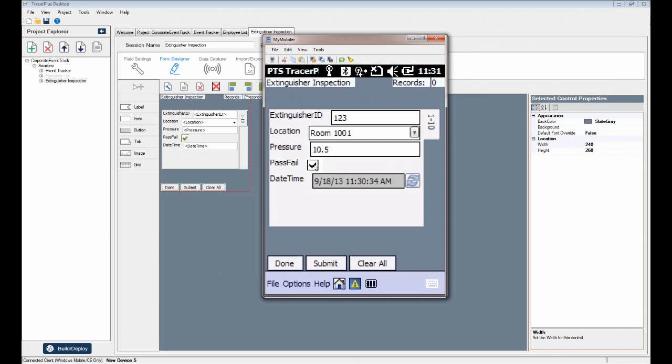Now if I click this, it's going to automatically save the record, and you can see it also put the cursor back up in the extinguisher ID because I changed the flow of how I was entering data. So by checking this box, it would jump the cursor back up to the extinguisher ID ready for the next inspection. But that's kind of all the control you have in TracerPlus in how the flow of the